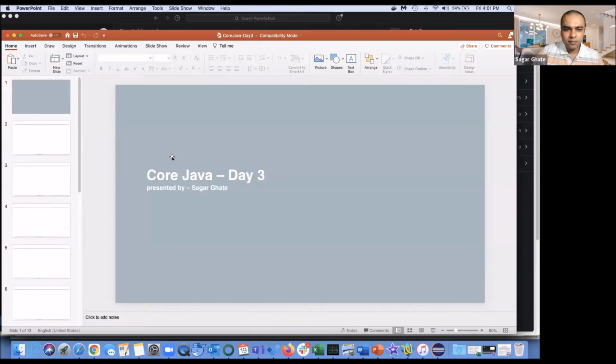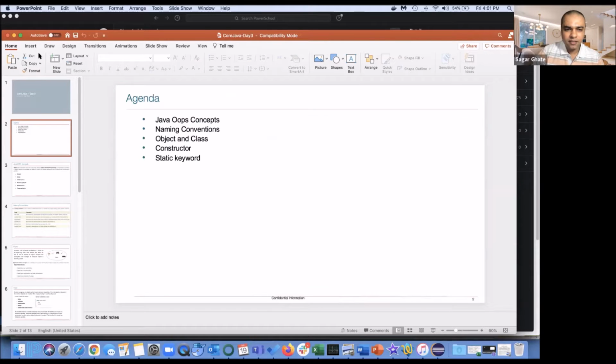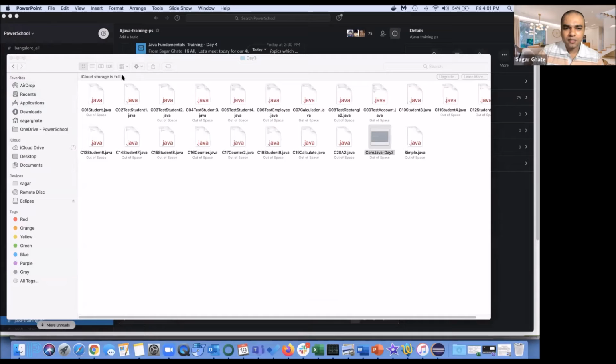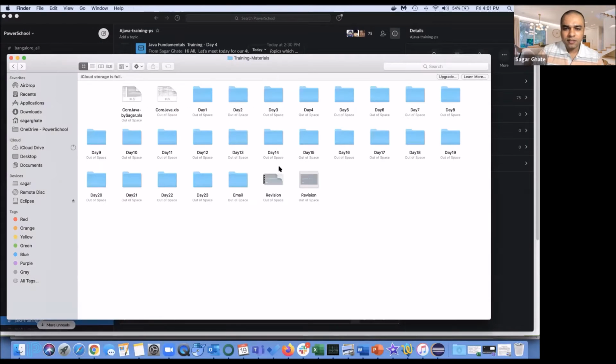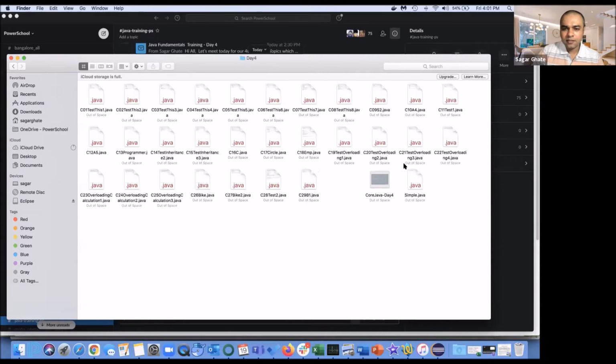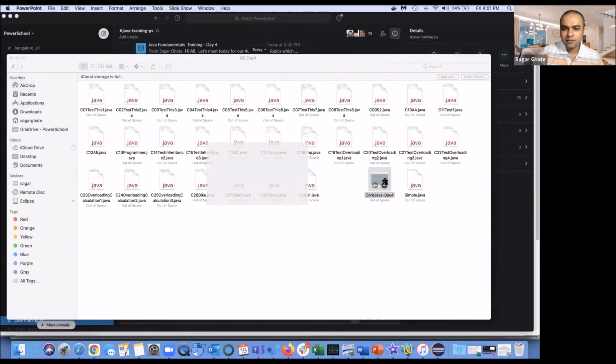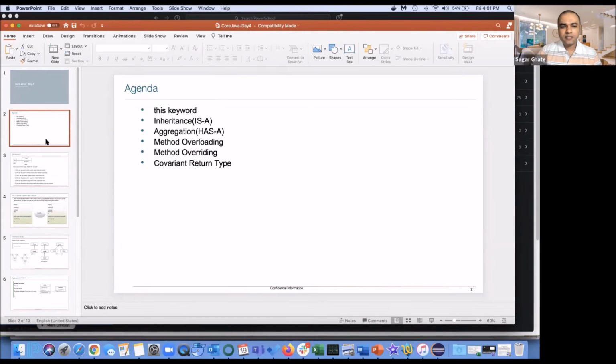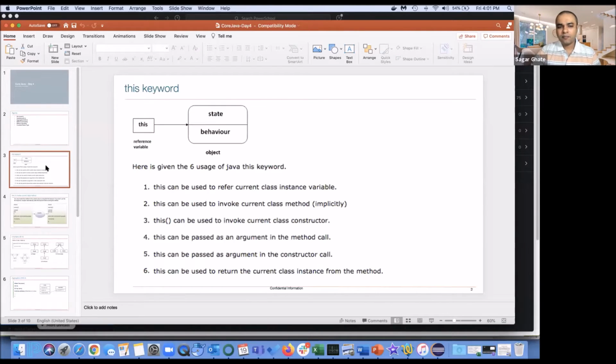So I believe this PPT we have already seen: Java OOPS concept, constructor. This was completed, and in the last session we have seen the use of this keyword, inheritance, aggregation, method overloading, overriding, covariant return type.